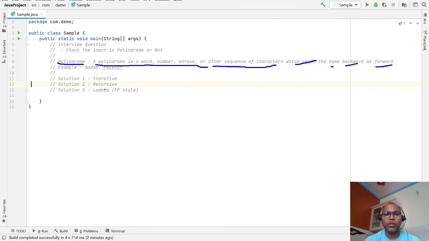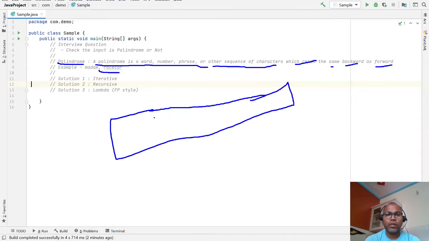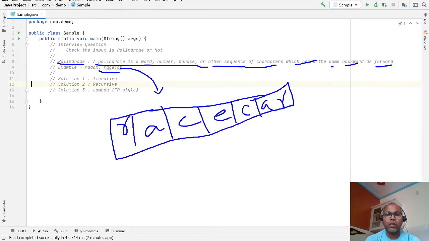Say you are given a sequence of characters, for example R A C E C A R. If you read from this direction or from this direction, both are the same.